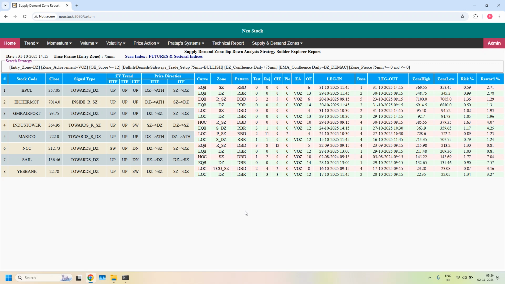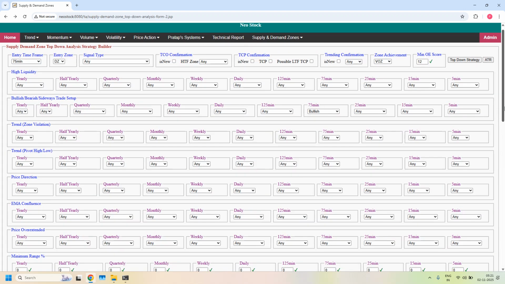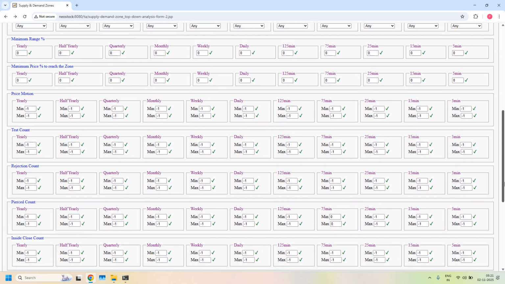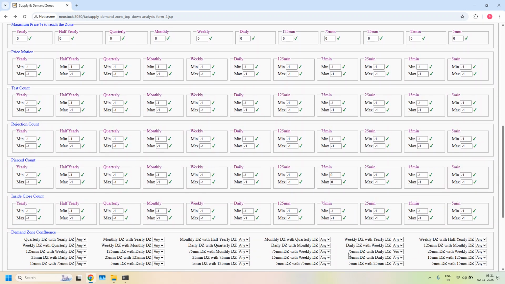Next, the second strategy: LTF, ITF, HTF demand zone confluence, and then HTF EMA confluence. So I'm going back, removing the ITF EMA filter. For demand zone confluence, I am enabling 3 filters: LTF, ITF, HTF. So that is 75 minutes and daily, 75 minutes and weekly, daily and weekly demand zone confluence. With all the 3 filters,